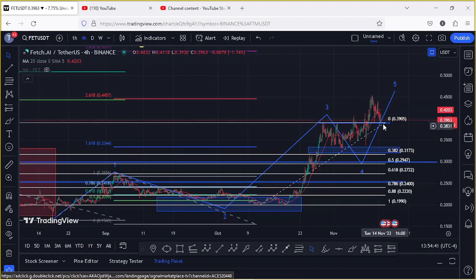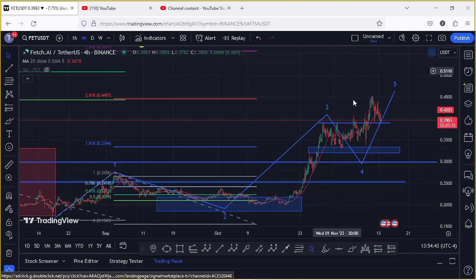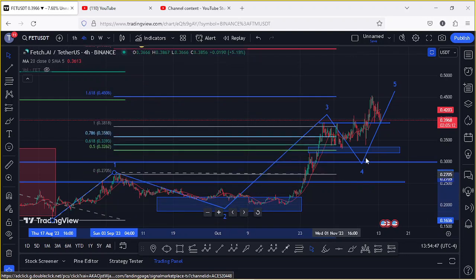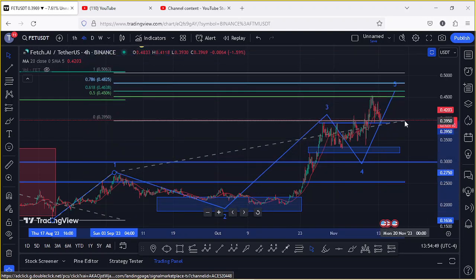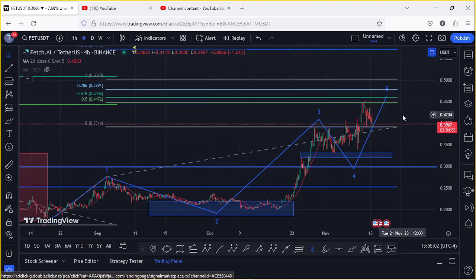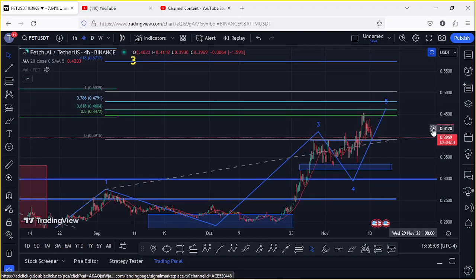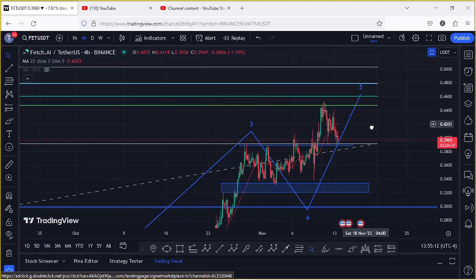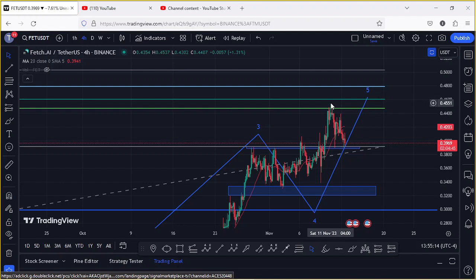To see whether we fully maximized the minimum target areas in the formation of that wave 5, I can drag the Fibonacci to the high of that wave 3 to get the minimum target area for the wave 5 at the fib level 0.618, and that is at around the $0.46 mark. You can see that in this movement over here, we almost fully maximized the target area, giving us a high at around the